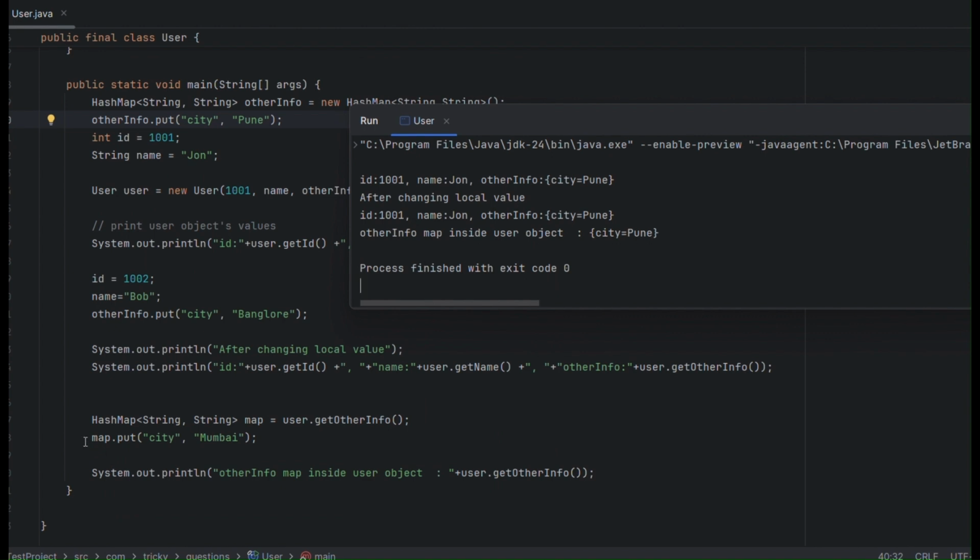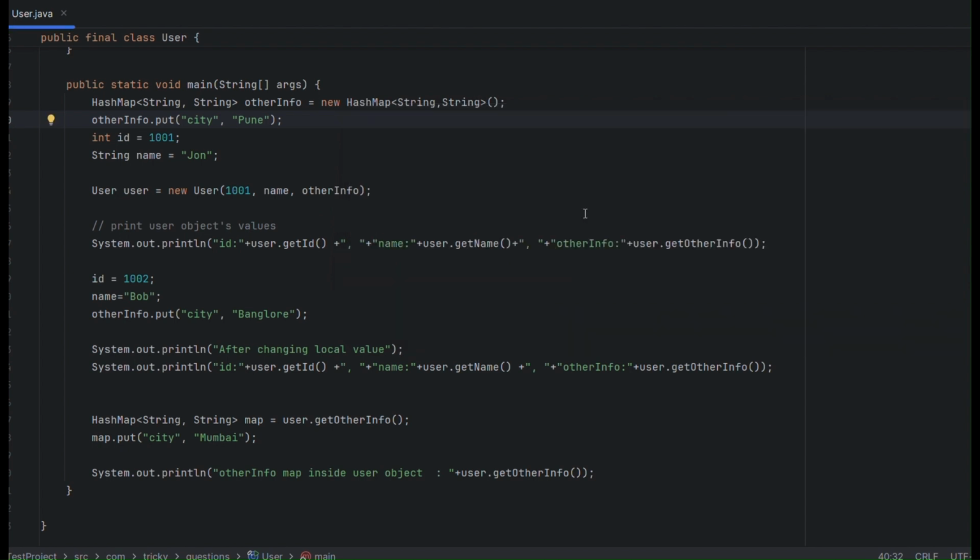But as the reference is not the same, it is a cloned one, so it has not changed the actual object. The hash map is also not changed. So we achieved immutability for this class. So this is the way to write an immutable class in Java.